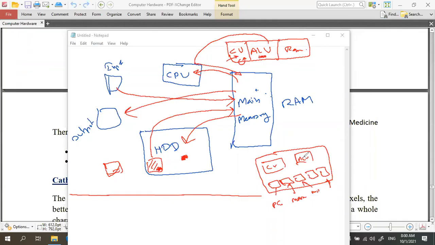The controller and ALU work together to process data. The program counter keeps the location of the instruction which is going to be executed now. Again, the memory address register will store the next instruction location. Then the memory buffer keeps the location of the one which is going to be decoded here. Like that, these registers are used to keep the necessary information about the instructions and data. They are locations actually.